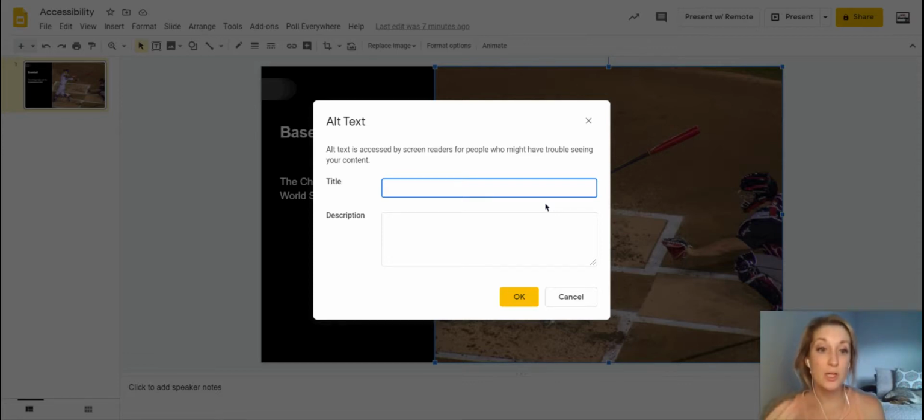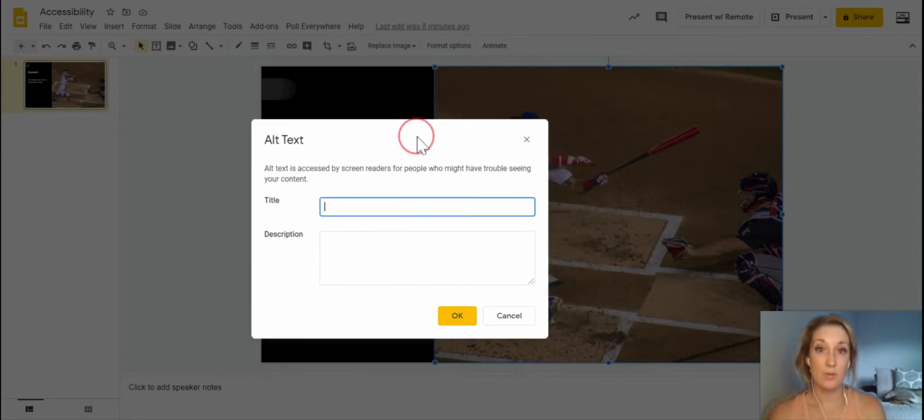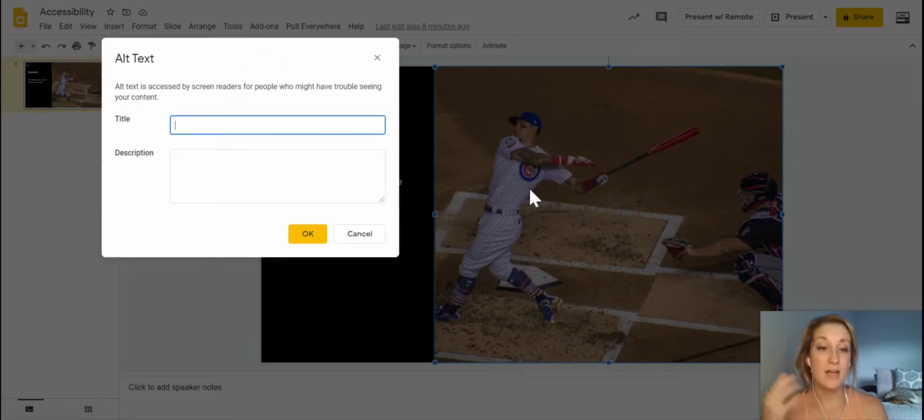So an example of good alt text for this, if you are a baseball fan, this is Javier Baez. He's a baseball player for the Chicago Cubs. I could say for my alt text,